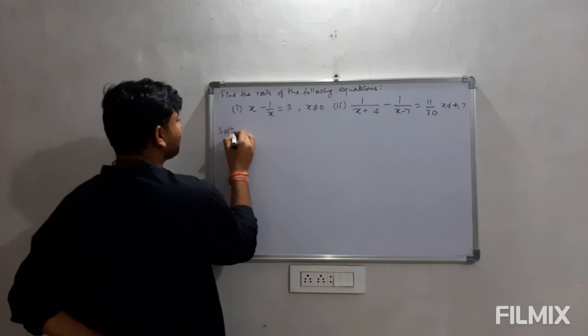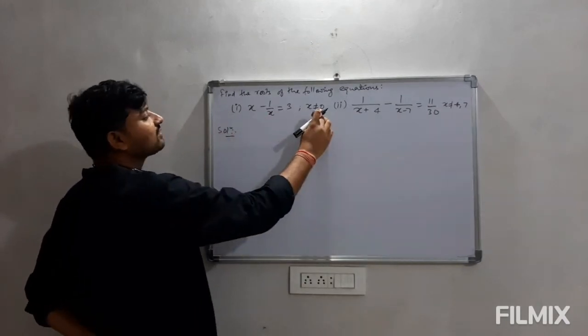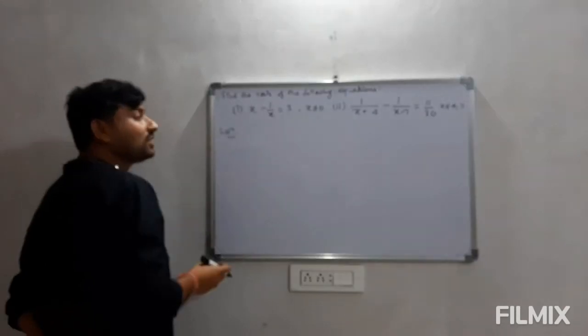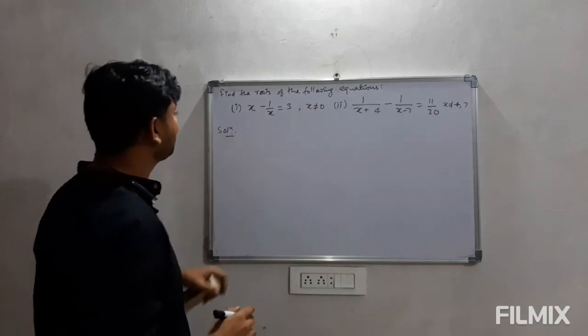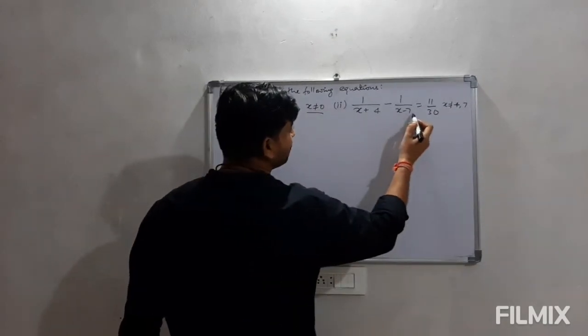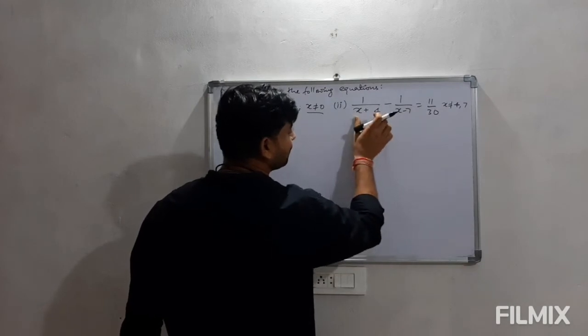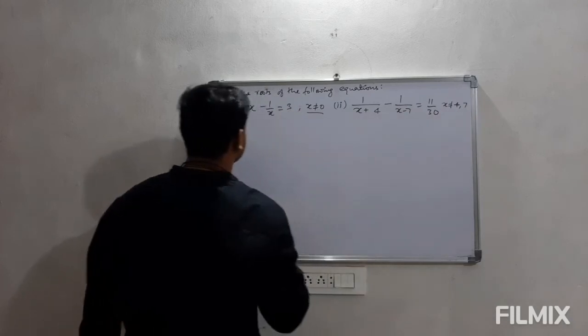If we talk about the solution of the first equation, clearly here this x is in the denominator, so x cannot be 0. If we solve and get the value of x as 0, we cannot consider that as the answer. So that's why this value is given here. Denominator is x minus 7 and x plus 4. If we equate these two to 0, x is minus 4 and 7.